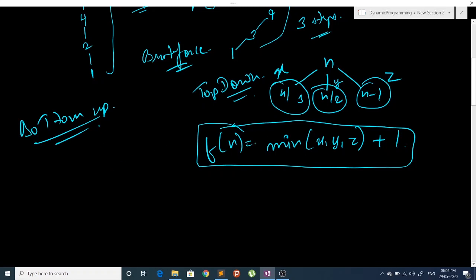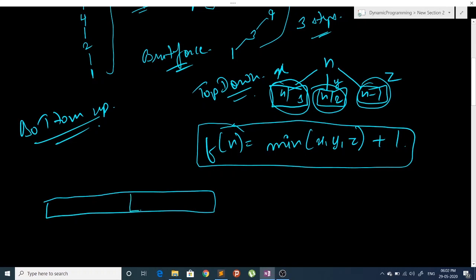We can see that we are checking for n by 3, n by 2 and n minus 1. So whenever we are in the array, let's say at index k, we will check if k is divisible by 3, then we will take the answer of k by 3, and if k is divisible by 2, then we will take the answer of k by 2, and since we can always reduce 1 from k, we will take the answer from k minus 1.